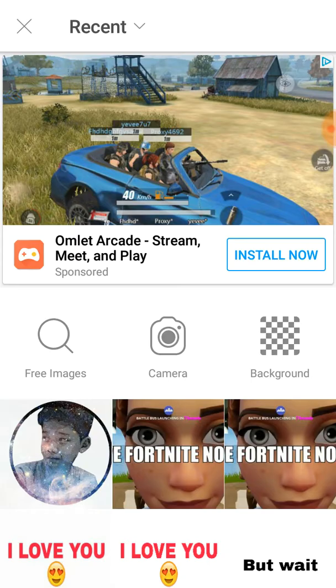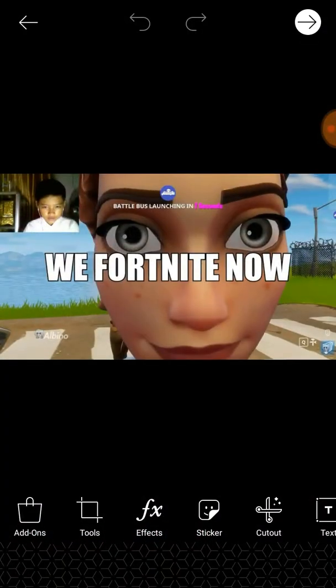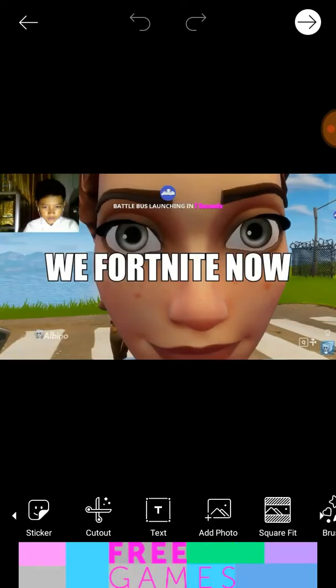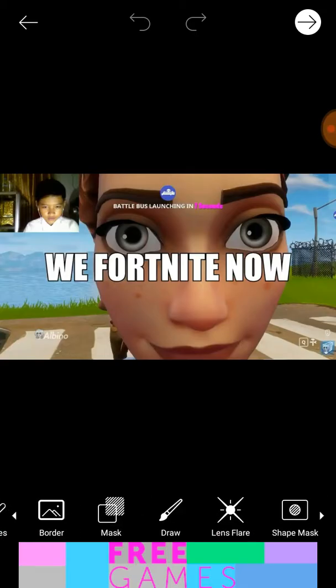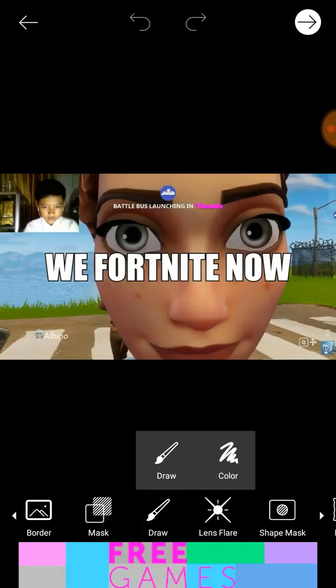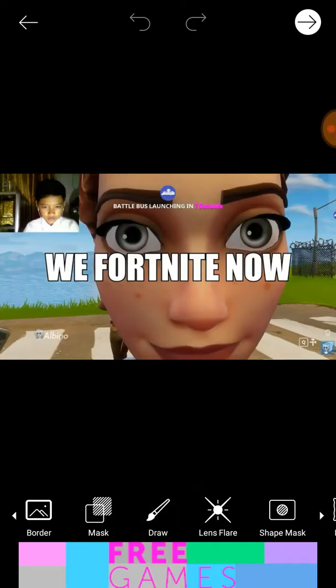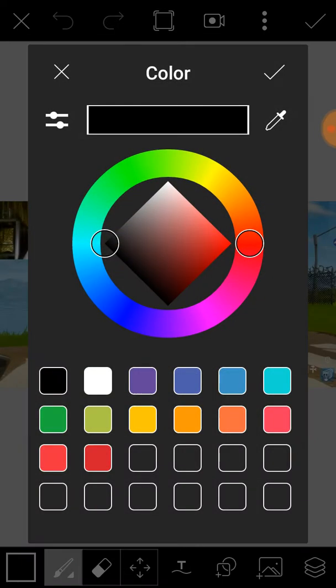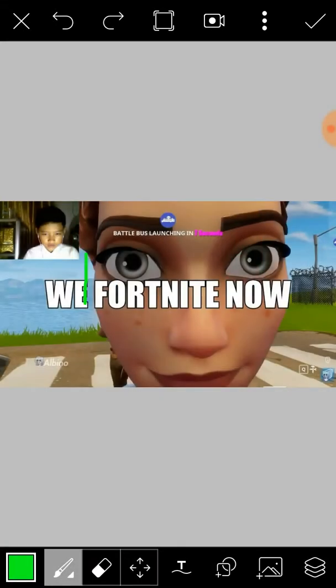Just wait. It can also add a sticker, a tool, effects, cards, or text, and any type on this. You can draw in here. Just click draw, and click draw again. If you want to change color, now you're in draw. You click a color and you can draw,